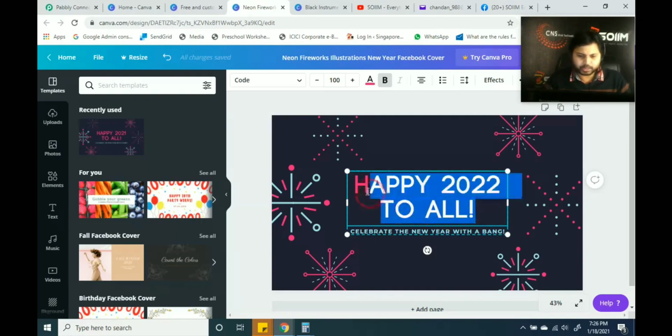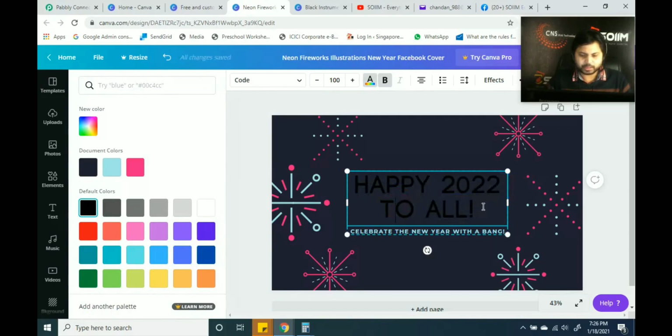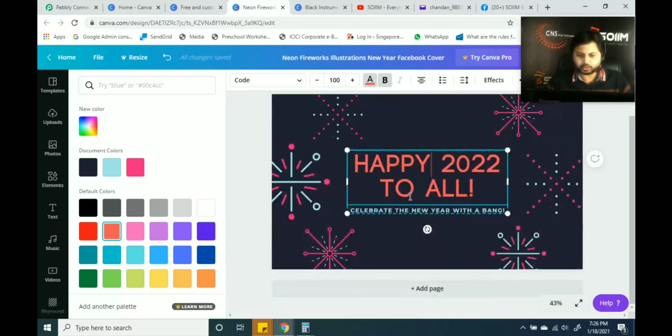If you want to change to some different color, select all the text which is in the box in the center. Here you will see, written on the top side of the menu, a text color. Simply click on that part. If you want to make it black, click on the black section and change, and see the changes are done here. So this is the benefit of using a template. If you don't want to give more time on the designing part, simply select the predefined template, and it is ready to go.